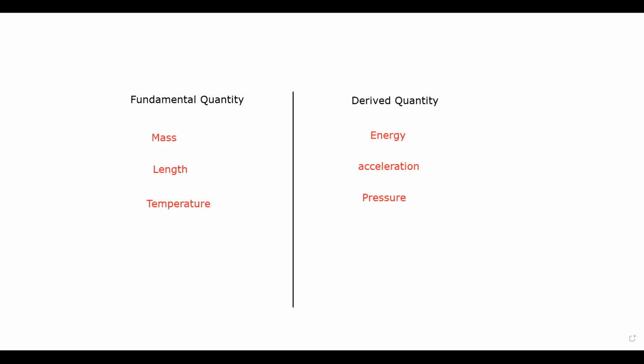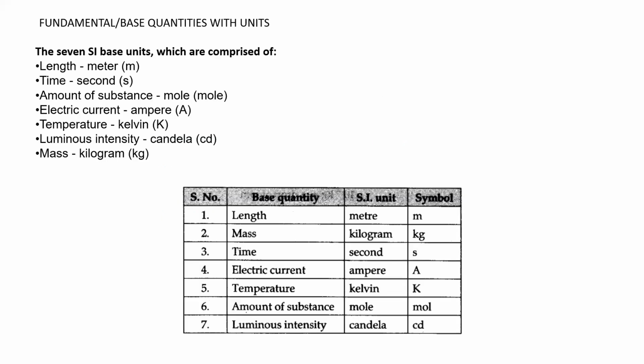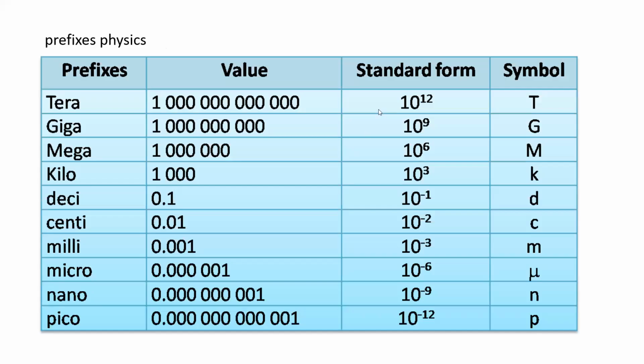Then, being a science student or a physics student, there are certain things which you have to memorize or learn, and one of them is the prefixes, or the standard forms. Because in exams, some of the questions use certain prefixes, certain numbers, or certain forms instead of writing the complete number. Example,